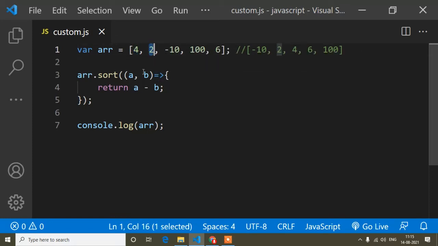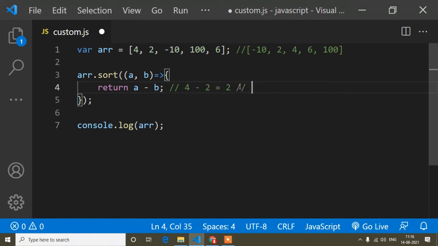Now when it compares A minus B, A is 4 and B is 2, so 4 minus 2, and the output is 2, right?